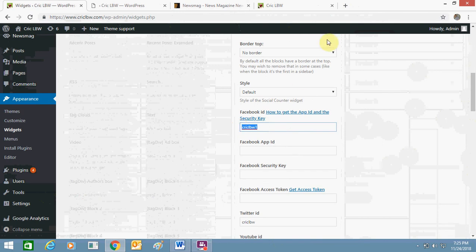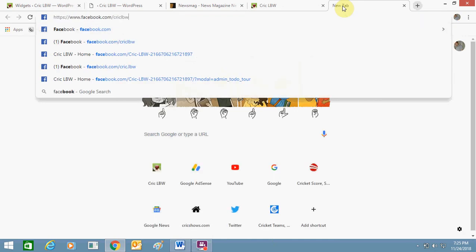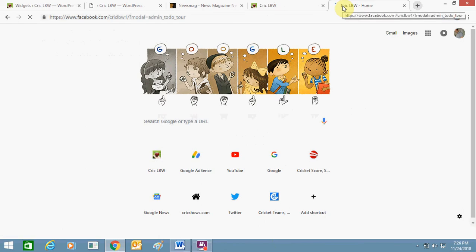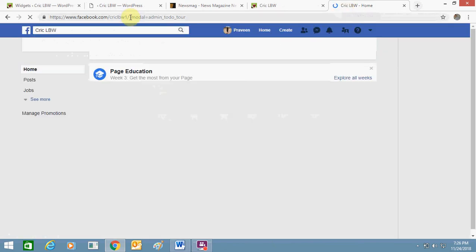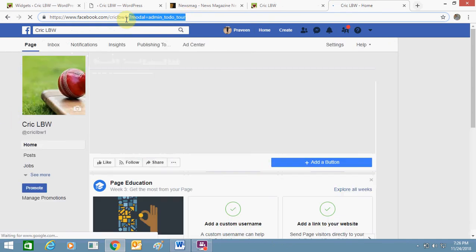ID. So how did I get my Facebook ID? In Facebook, this is my Facebook page for my website. In this page, I have just copied this one. I'm logged in, that's why it's not showing. I'll open a new window, I'll show you.